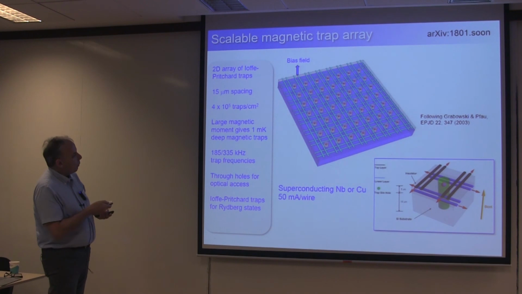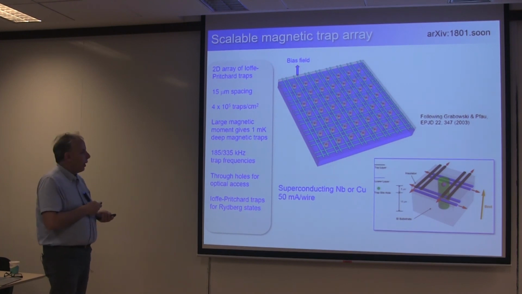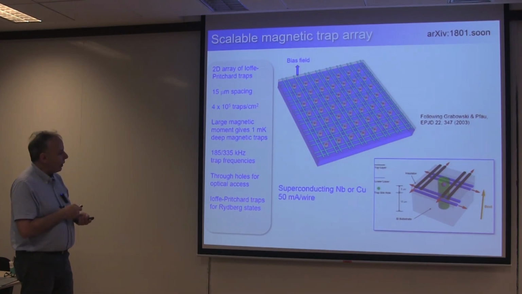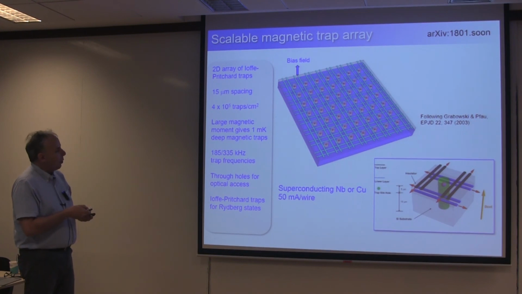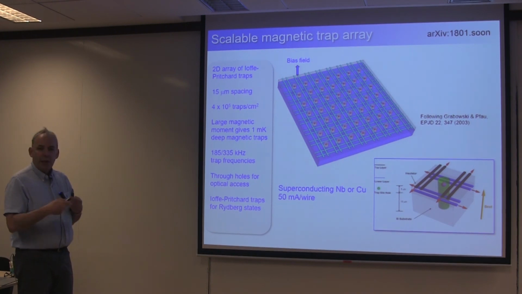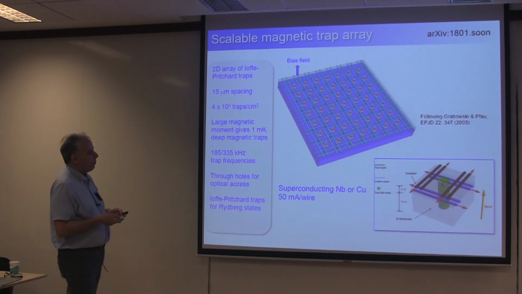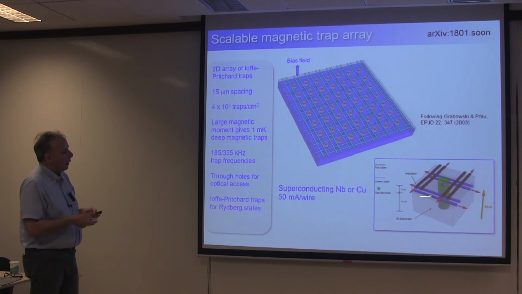And what we're then going to do is etch holes through the substrate under each atom for the optical access for Rydberg excitation. So we've been engaging in discussions with our local nanofabrication facility for the last year, and we're edging towards trying to make our first versions of some of these chips on a small scale. This, if we can get everything to work well, has the potential of getting beyond this optical power limit that you have in the optically trapped arrays and potentially going to very large scalable systems.